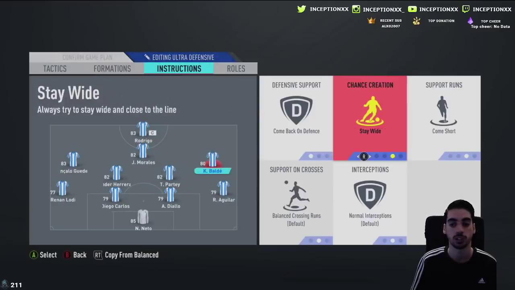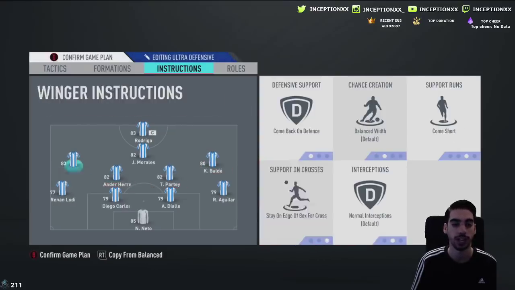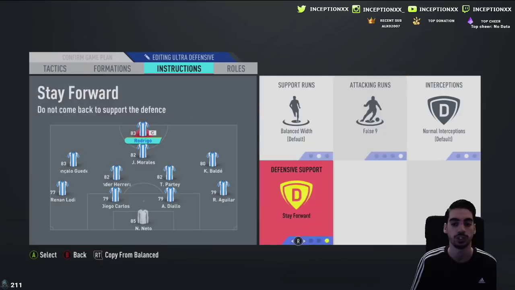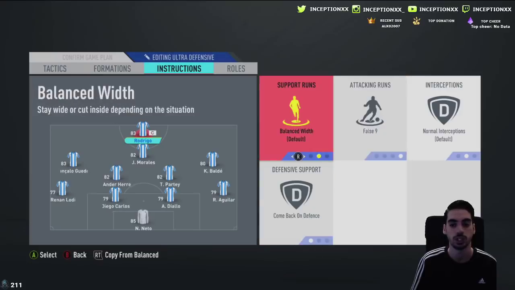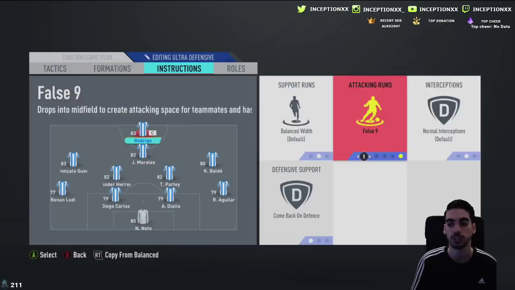Stay on the edge of the box because we don't want them to commit. This is, again, if you want to just kill off a game. We'll do false 9 for the striker. Come back on defense. And then we'll do that. We could do aggressive interceptions just because